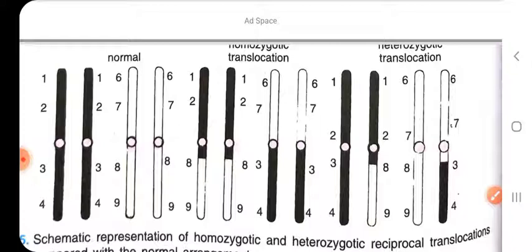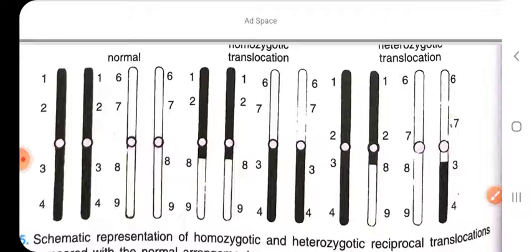Now the occurrence of crossing over and chiasmata formation. Chiasmata, you know, are the X-shaped points of attachment between two non-sister chromatids of a homologous pair of chromosomes, and chiasmata form as a result of crossing over. So the occurrence of crossing over and chiasmata formation in each arm of the bivalent results in the formation of a ring-like structure or a circle of 4 chromosomes at the diakinesis stage, and it is also observed at the metaphase stage of the first meiotic division.